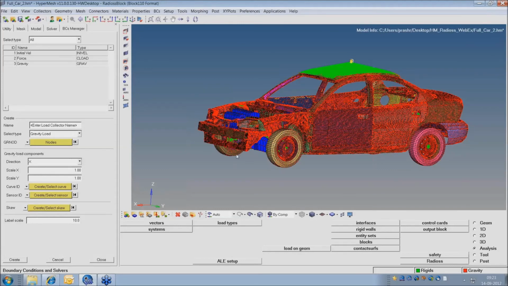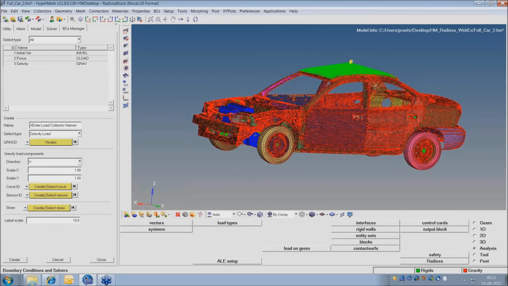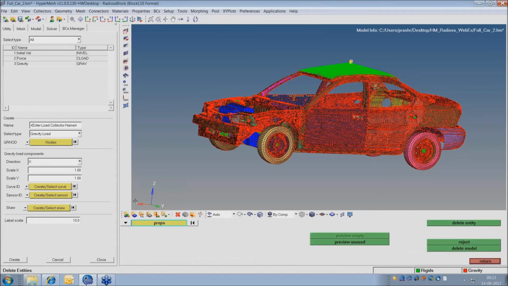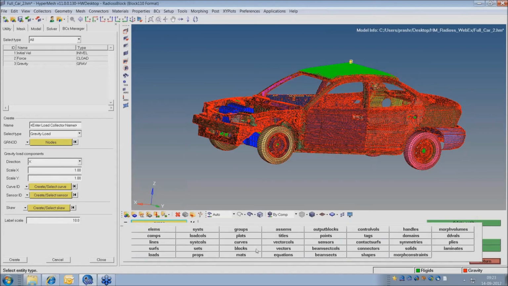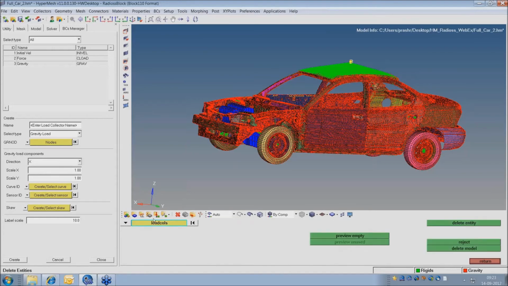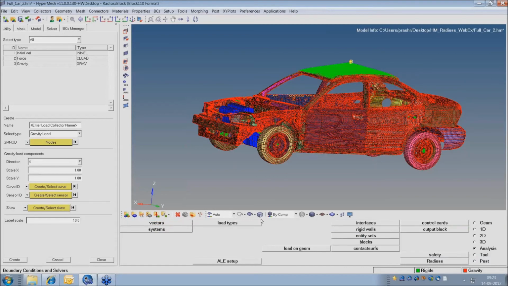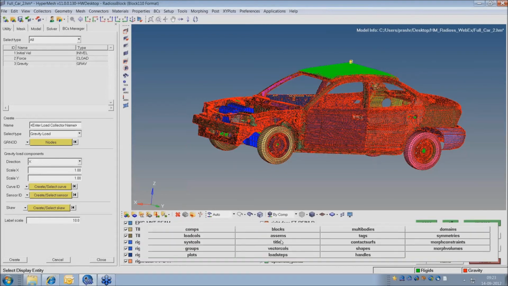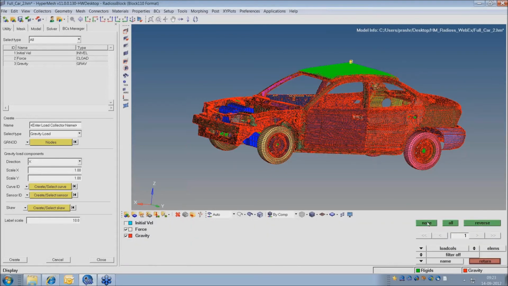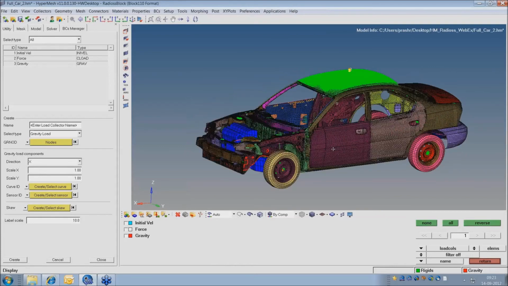Fine. So these are the three loadings I have on the vehicle. I'll just switch off all the load collectors, so that my performance doesn't get hampered.